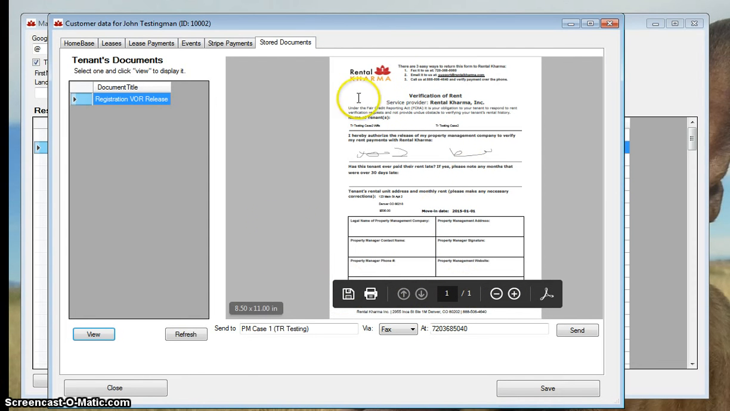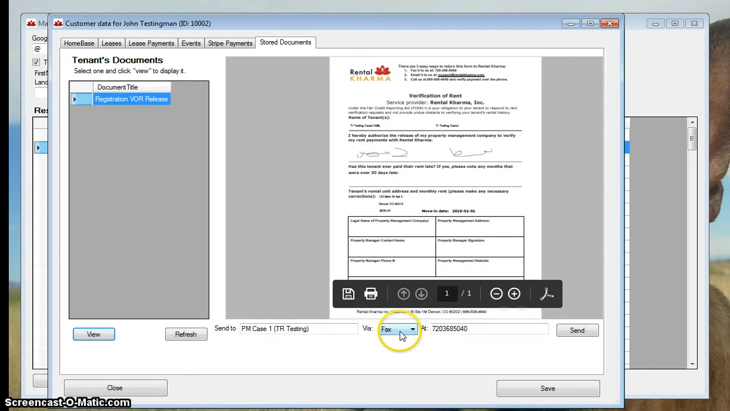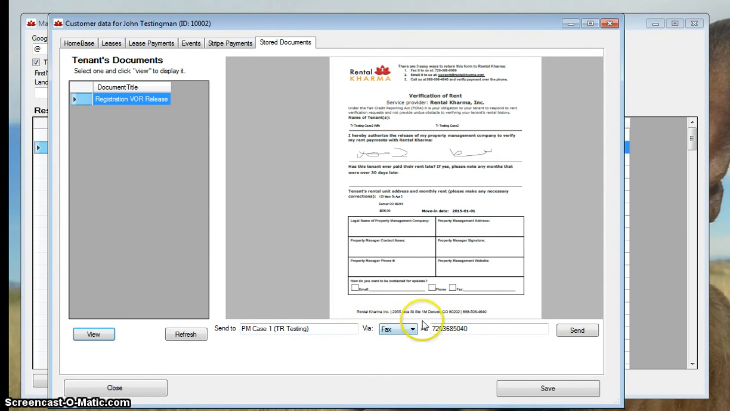Now, this document is what we have stored online for them. Chances are very good we've already sent this to the property manager, but in case you want to resend it, we can. Now, this is going to pre-populate with what that property manager has, which is they're supposed to be a fax person, and here's their fax number. If they say, why don't you email it to me, it'll pre-populate their email address, and you can, of course, change either one of these